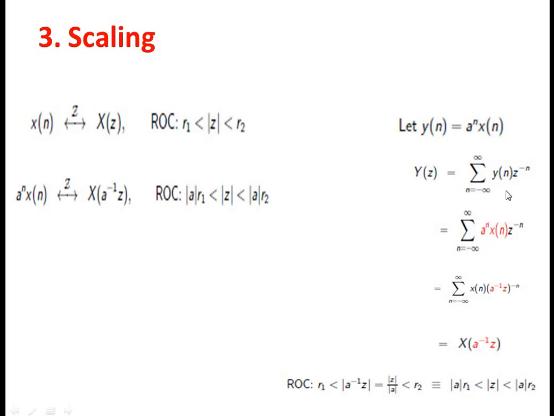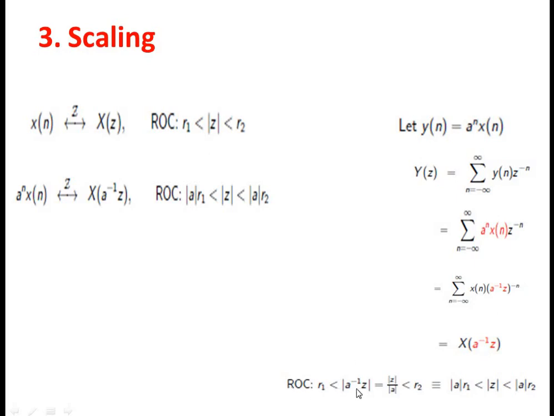And again we have to try to convert, or simplify further, in order to get this generalized form. Okay, and here we are having x of n. So another thing is we only have z power minus n, but instead we are having a power n in addition to the z power minus n. So we can write this term as a inverse z to the power of minus n. Okay, so now it is looking like the general formula. So now we can write it as x of, instead of z, a inverse of z, that is z by a.